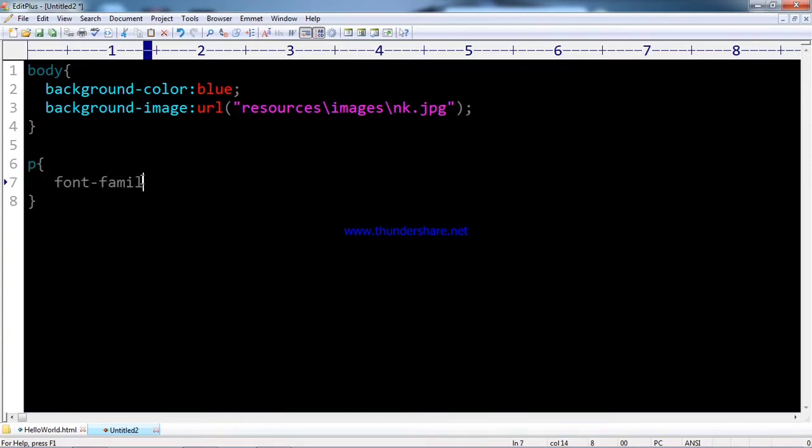Initially I have written some styles for body. After that, I have given some styles to paragraph.